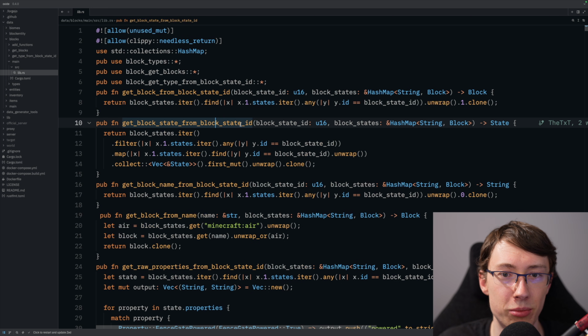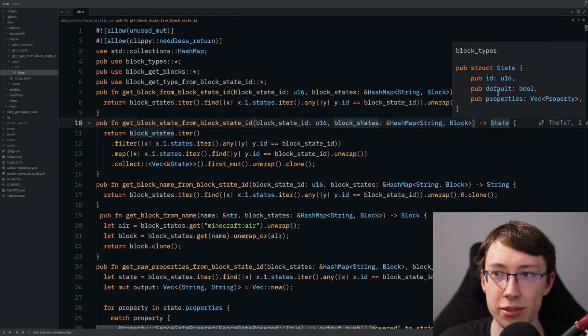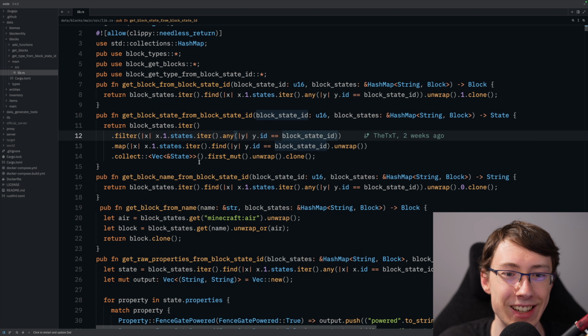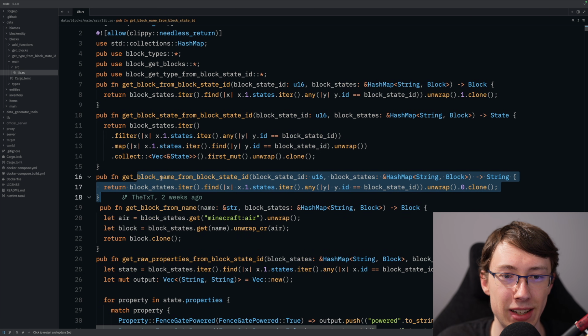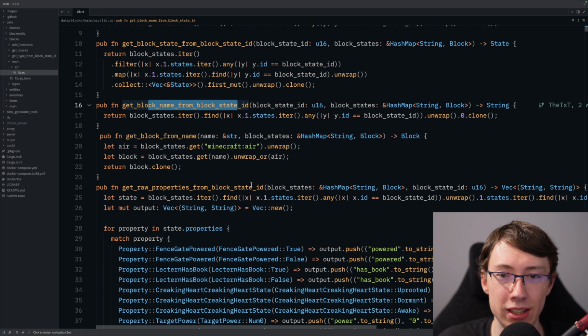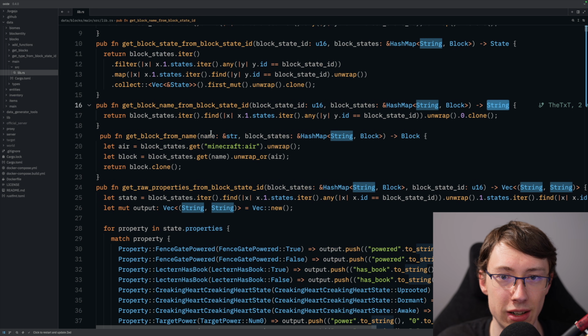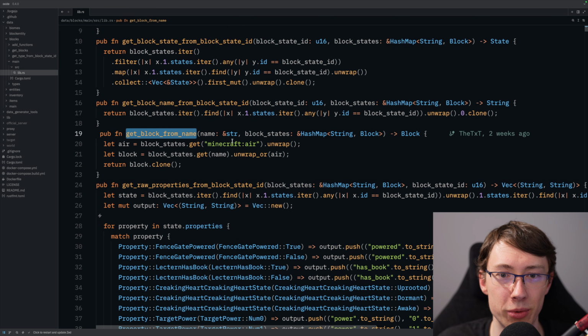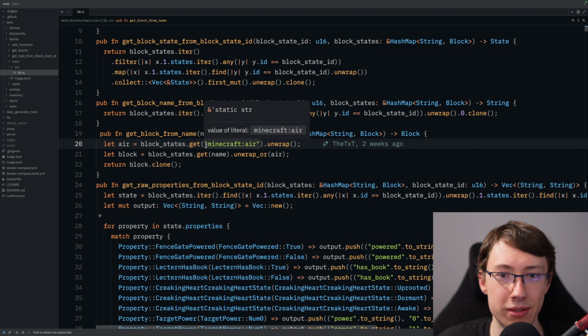Get block state from block state ID is also just getting a state, which is the ID, the default state, and then the properties of that state, which we will, of course, also take a look at in a short minute. Get block name from block state ID, just converting the numeric ID to string again. Getting a block from the name, so again, just